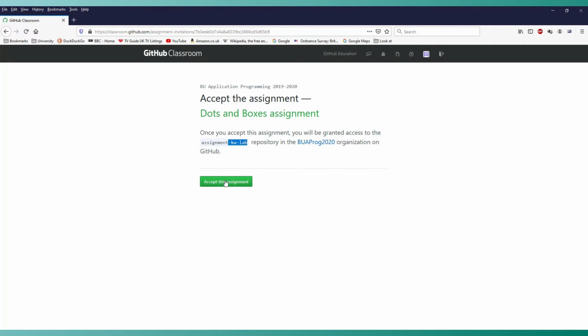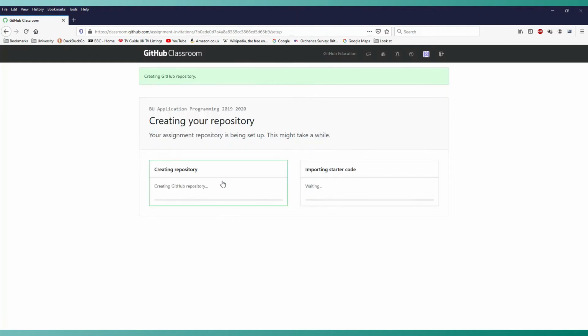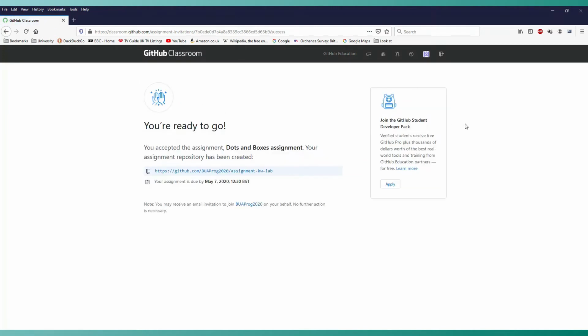So if I accept this assignment, it's creating the GitHub repository. So now it's made my copy, as it were, and there is its name. So if I click on that,